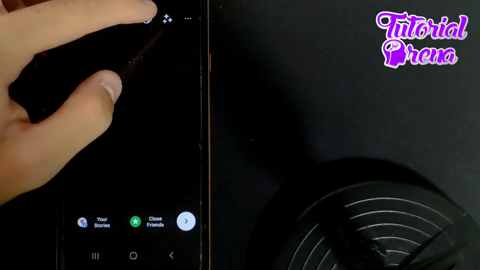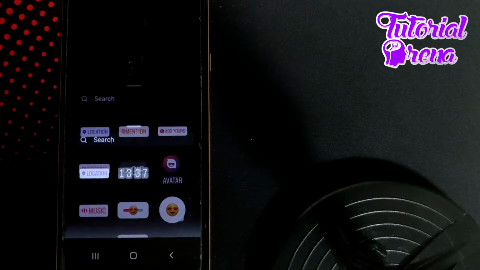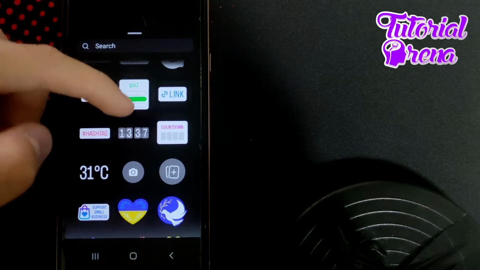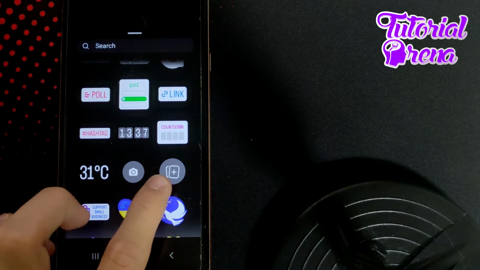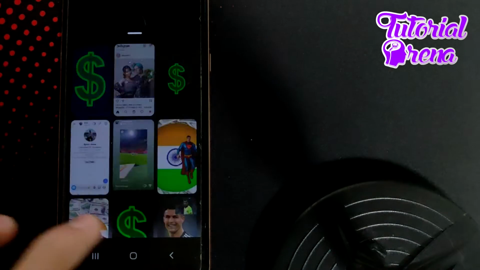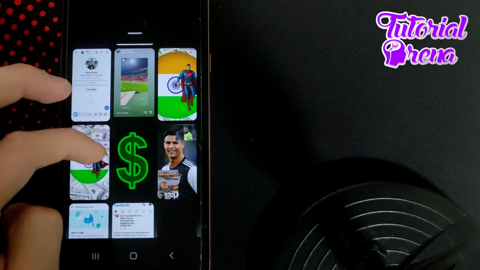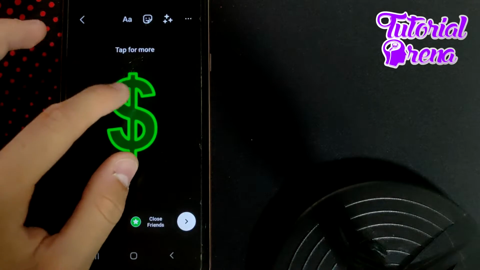And then simply go on the sticker side, which is on the second button on your upper side. Then as you scroll down, you can find this selection, which is with that plus gallery icon. Just go for it and select a picture which is interesting for you, for example this one, and you can